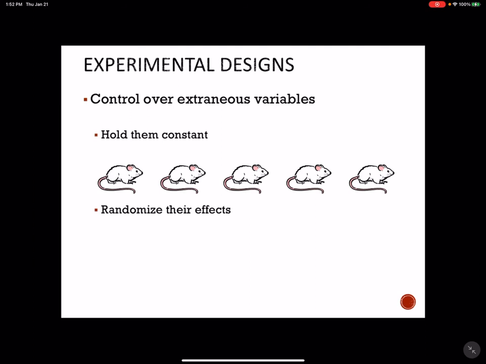So the idea behind that is, if it's not possible, either because of money or time, to hold extraneous variables constant, we can try to make sure that they are not systematically in one group or another. So the idea is, in sampling, we don't systematically sample from one population. We look at a lot of different populations in hope that we'll randomize those extraneous variables. So for example, back to the kids in the learning program,